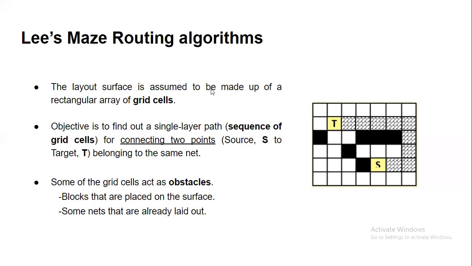The layout surface is assumed to be made up of a rectangular array of grid cells. So first we have to assume some grids here, some rectangular boxes, as we can see. Okay, it will be given in your question. Objective is to find a single layer path, a sequence of the grid cells. A path is nothing but a sequence of grid cells. আমরা যে একটা পাথে S থেকে T কে কানেক্ট করব, এটা হচ্ছে nothing but sequence of some grids or sequence of some blocks। এই ব্লকের সিকোয়েন্সটাই আমাকে খুঁজে বের করতে হবে।